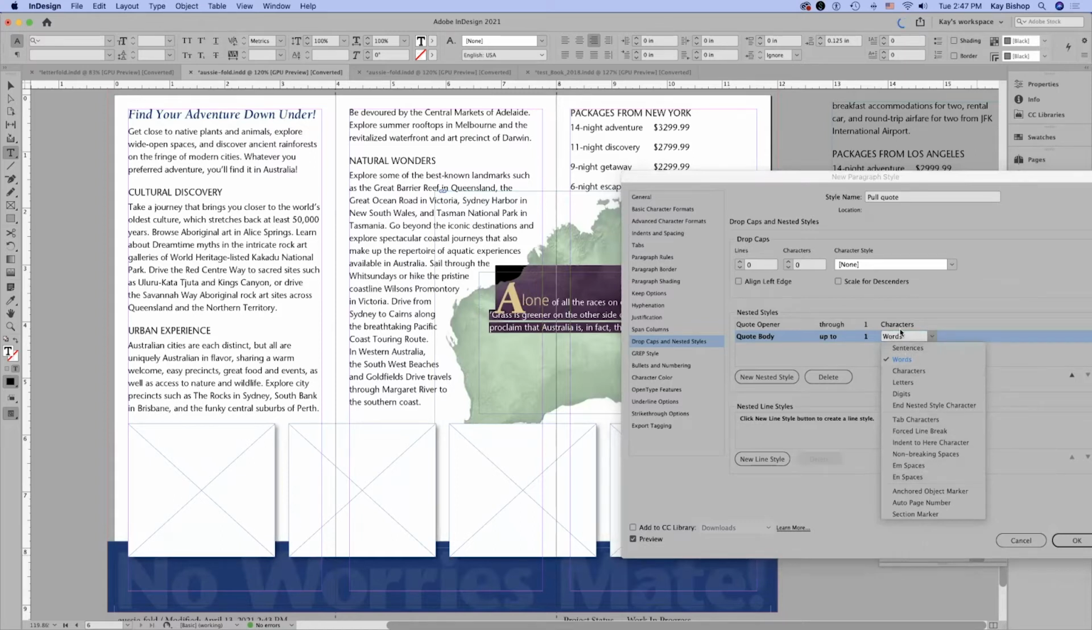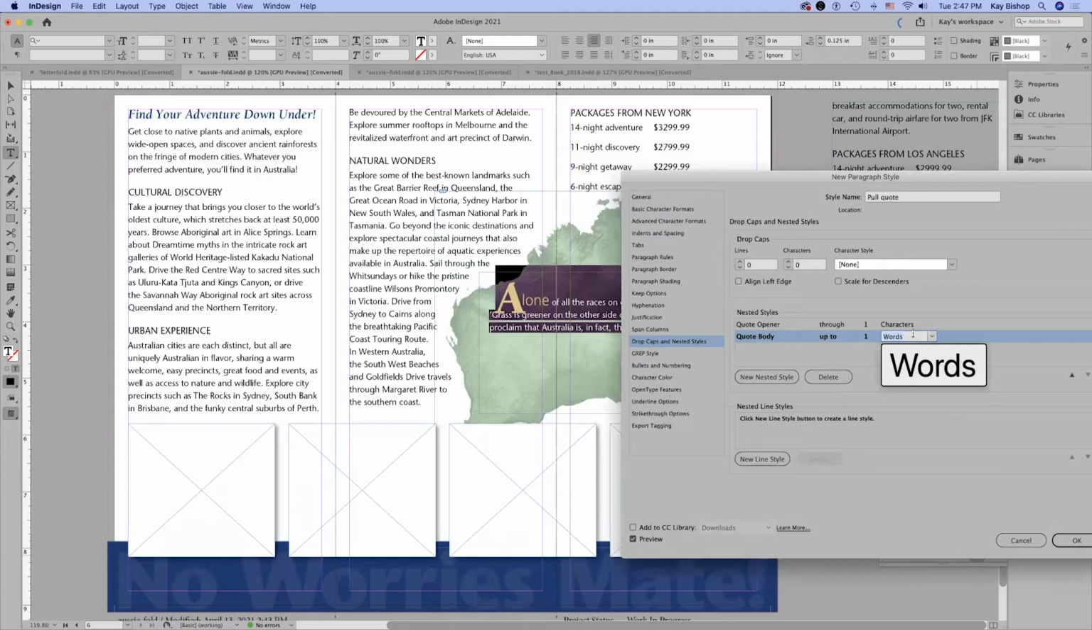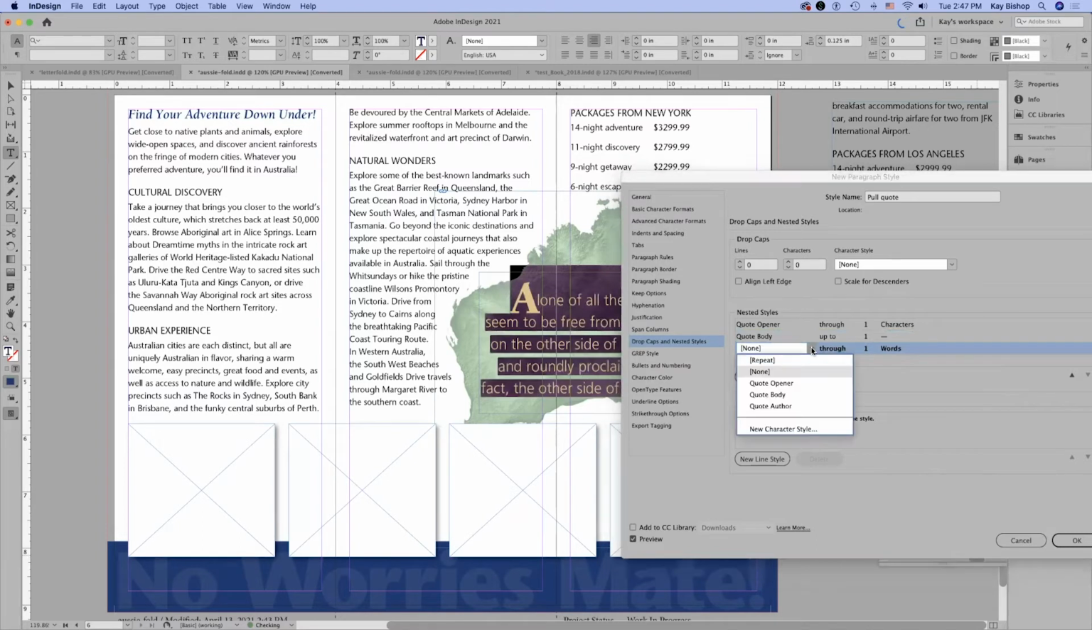I'm going to type in actually a custom hyphen. So instead of a regular hyphen like the textbook says, I'm going to use the M dash, the longest hyphen. So I'm going to type in the M dash, holding down Shift, Option, and then hyphen. Then I'm going to create one more nested style, and this is going to be the quote author style. So I'm going to select quote author,